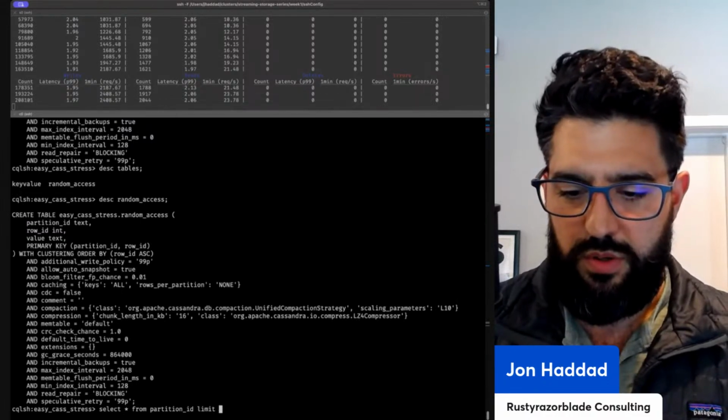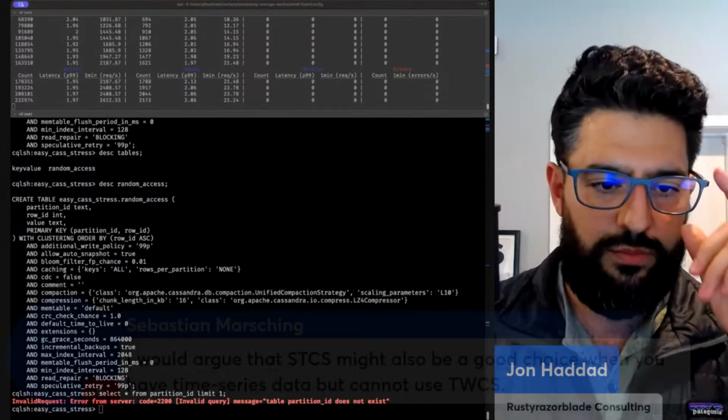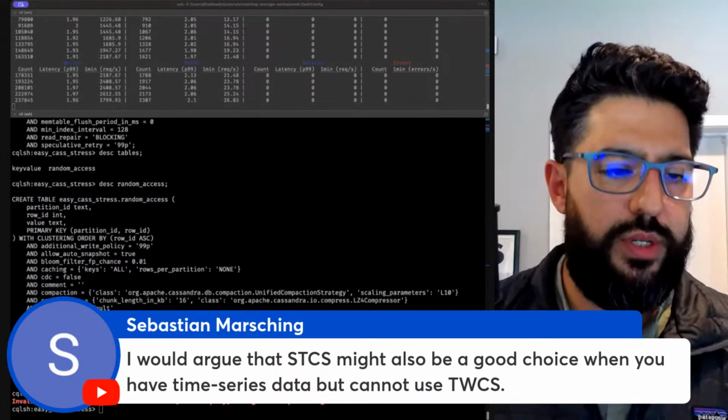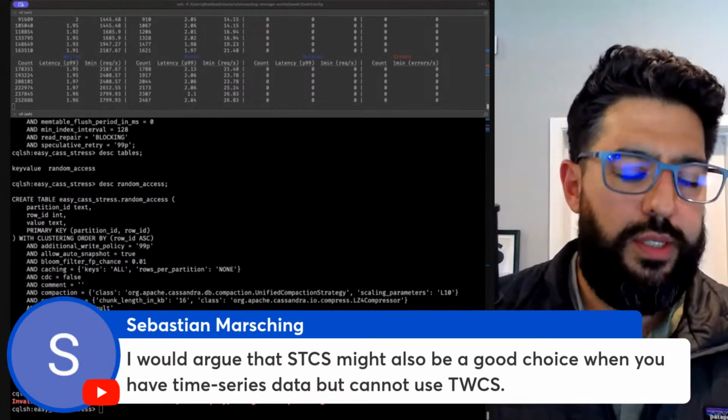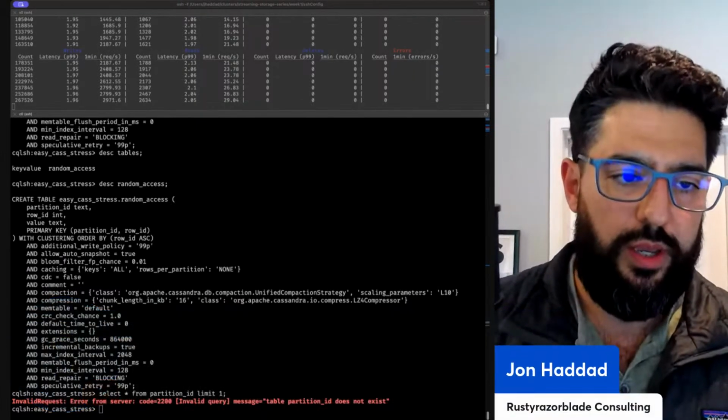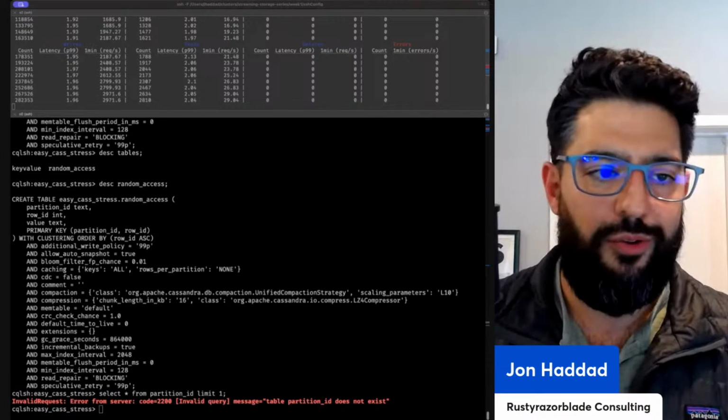Let's just do a quick take on that. I would argue that STCS might also be a good choice when you have time series data but cannot use TWCS. Yeah, if there's a reason why you can't use TWCS, like if you're on a really old version of Cassandra,